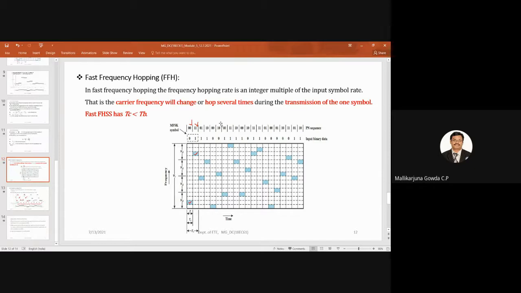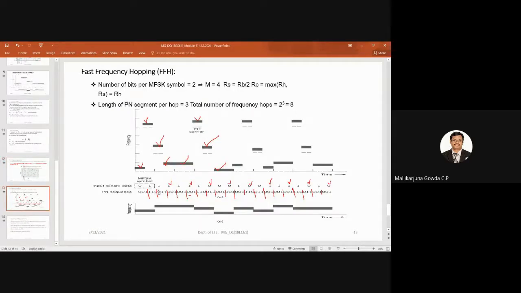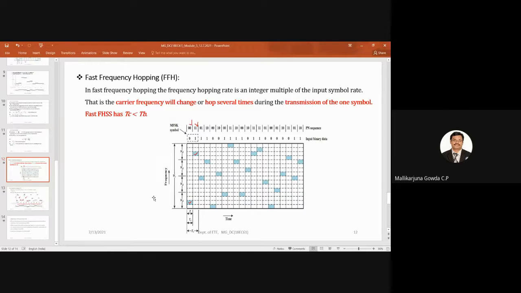Here I have taken in this example a PN sequence of 2 bits. So for one symbol, 2 PN sequences are there, which is of 2 bits only. But in this example, I have taken a PN sequence which is of 3 bits. That is the only difference. Hope you will be able to reproduce this grid structure along with that blocking, that hopping.